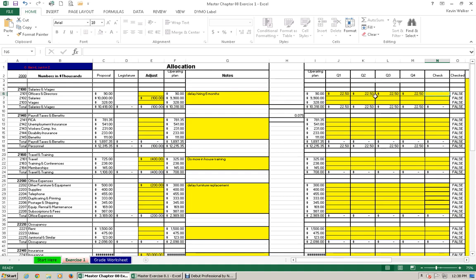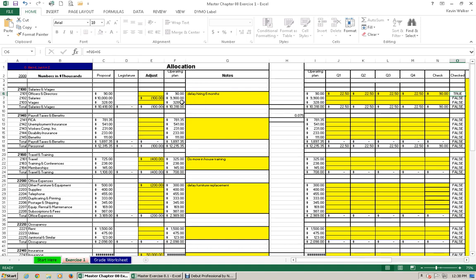And our check is going to be the sum of those, so all we have to do at this point is just simply say stop equals sum, and it's J6 through M6, which, so this equals this, and you can see that the check turned to true,